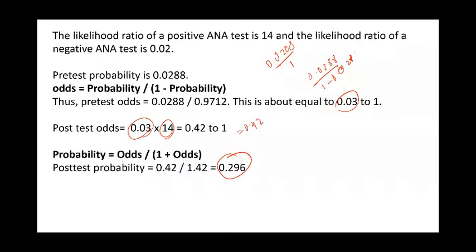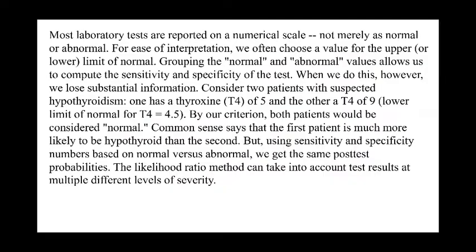Now, what is post-test probability? Post-test probability is nothing but positive predictive value. A by A plus B is the post-test probability. However, here we've calculated it without using sensitivity or specificity, without drawing a 2 by 2 table. So it is said that the likelihood ratio makes it much easier to compute the post-test probability, the positive predictive value of a test, once you get used to it.